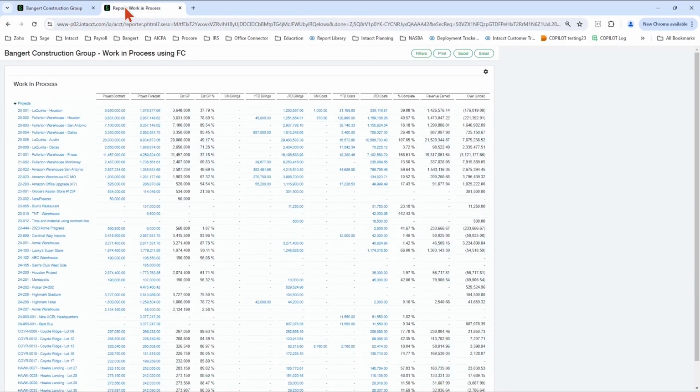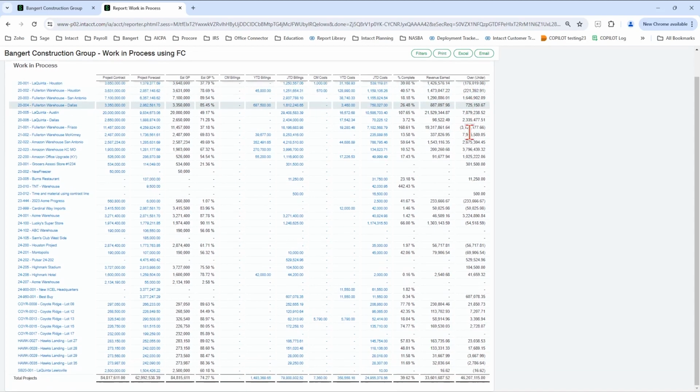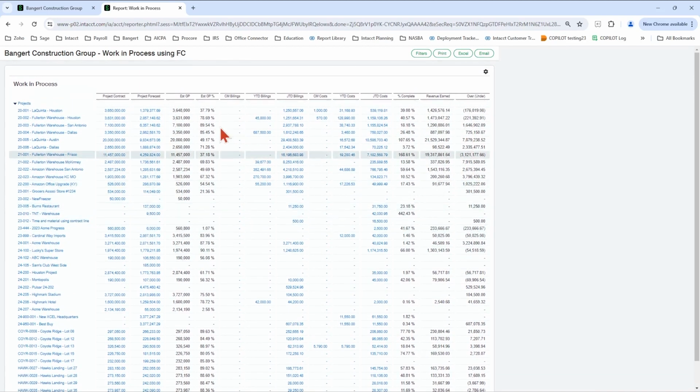And here's what it would look like generated. So here's my current forecast column for a specific month end. This report will take job to date cost divided by your project forecast to get your percent complete. Then it's going to calculate your revenue earned, calculate your over under here so that you can make your journal entry based on your most accurate forecast instead of something like that original estimate or the estimate that might be 3 or 4 months old.